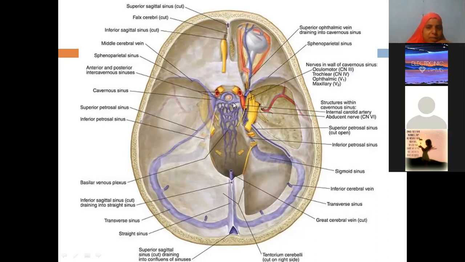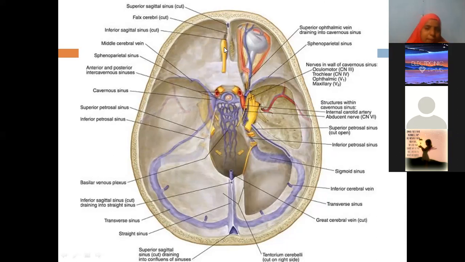Sella turcica. On either side you have the cavernous sinus. What is this area, beta? Superior orbital fissure. When you see it from the skull bone, this area is called the superior orbital fissure. I am naming it because we should understand the relations of the cavernous sinus. It's an essay question. So anteriorly, this is one cavernous sinus. The cavernous sinus is cut here in order to show what it is related to.